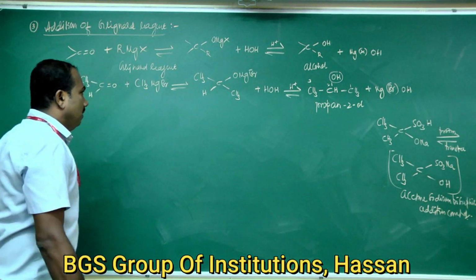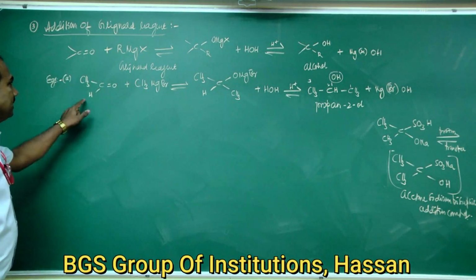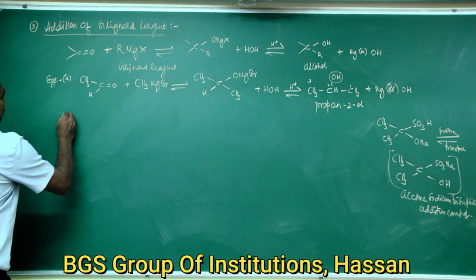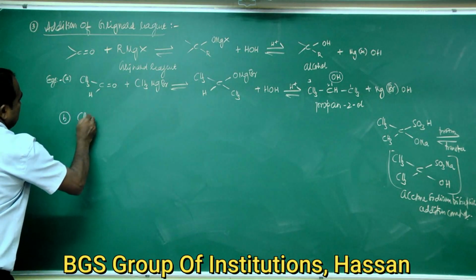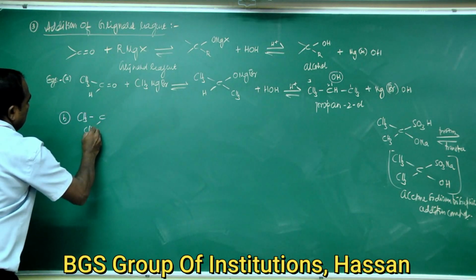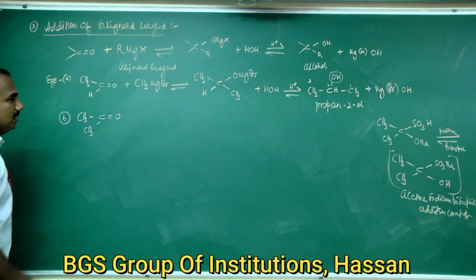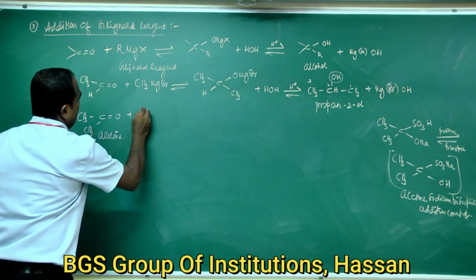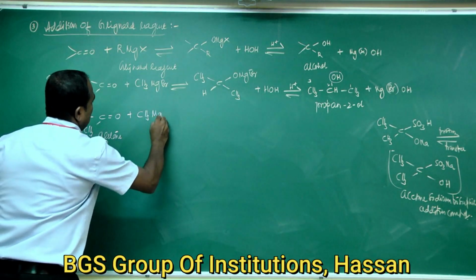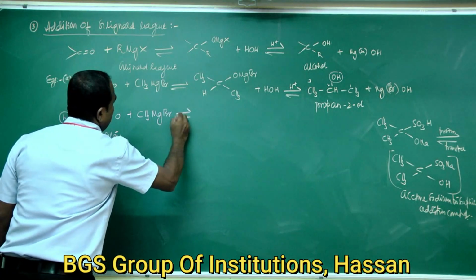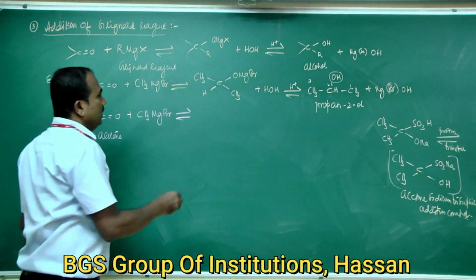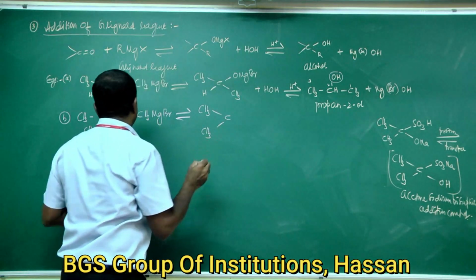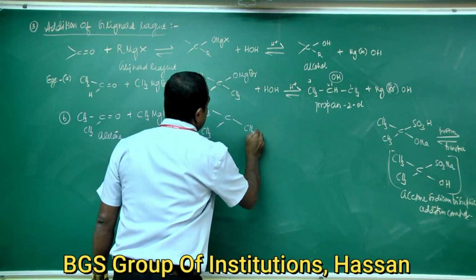Likewise, instead of H, if you take CH3, that is CH3, single bond C, single bond CH3, double bond O. This is acetone. Acetone reacts with methyl magnesium bromide, a Grignard reagent, to give the intermediate CH3 single bond C single bond CH3 single bond CH3